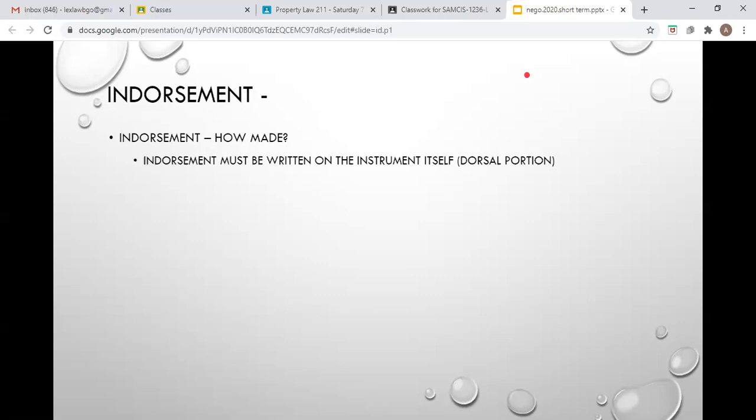Well, remember what I have mentioned to you before, that if there is a signature appearing on the face of the instrument and the owner of that signature is not the maker, he is not the drawer, or he is not the acceptor of that instrument, then he is presumed to be an endorser. Ang tawag nga natin doon is anomalous or irregular endorser. So, ibig sabihin, is it possible that you will now place your endorsement also in front or on the face of your instrument? Pwedeng pwede.